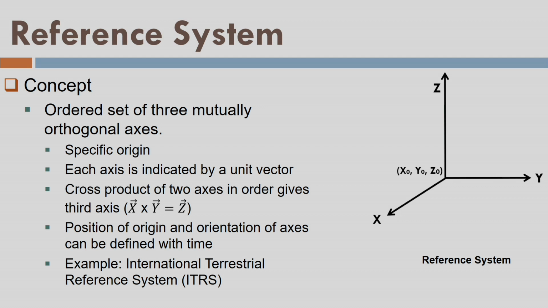Now, if I take the cross product of these two axes, since they are orthogonally located, that means they are oriented at 90 degrees mutually to each other. So if I take the x cross y cross product of two axes, I should get in order the third one, which means x cross y equals z, z cross x equals y, and y cross z equals x. You can just draw a cyclic order on a circle x, y, z, and you can do it. Well, if this property is fulfilled, I call them three mutually orthogonal axes.